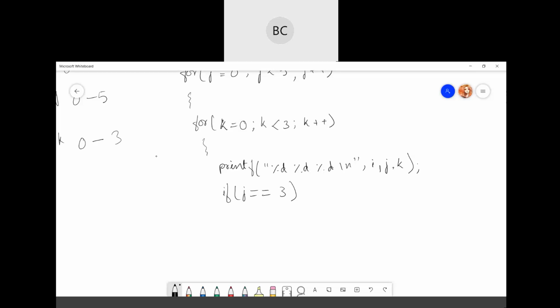So same thing. In goto also, we will provide a condition where it should be stopped. So here, if j equal to 3, then I can just write goto out. I can just give a label out here.